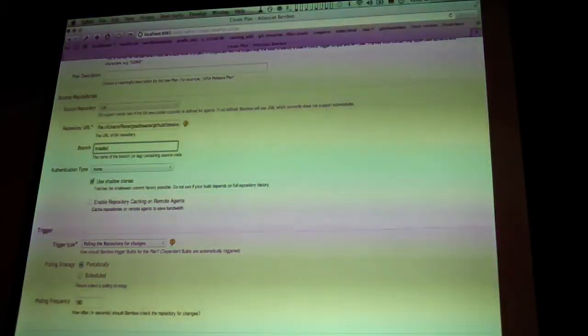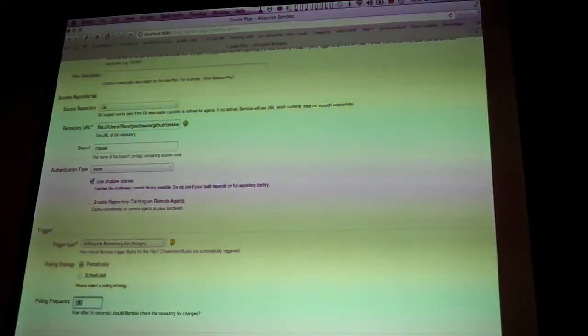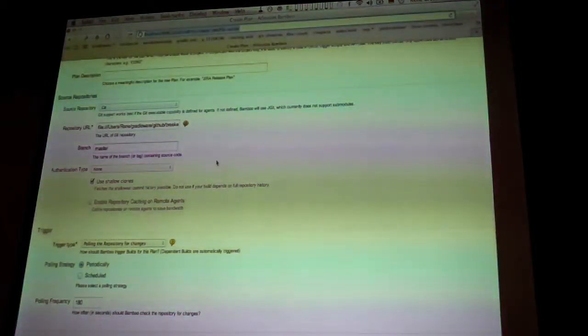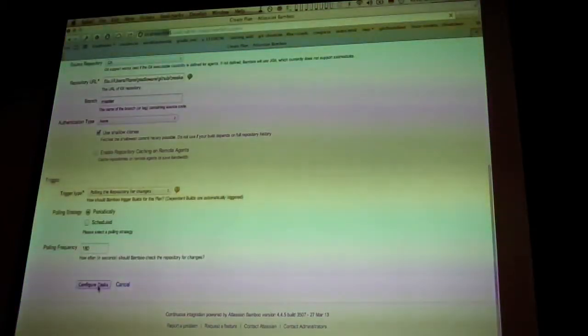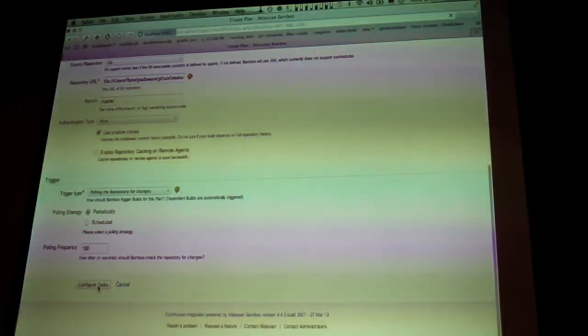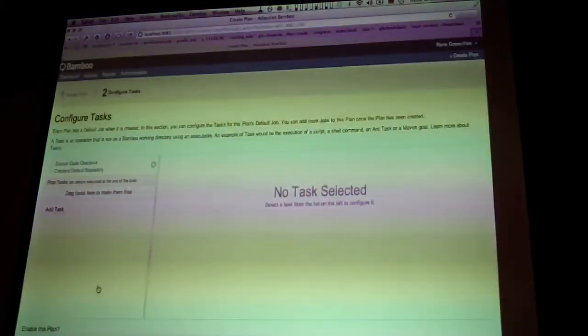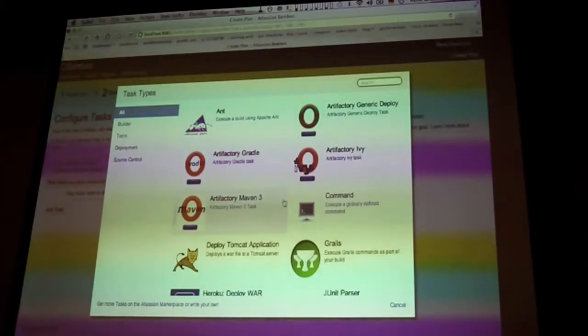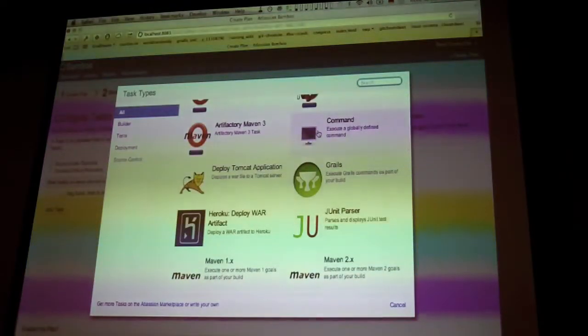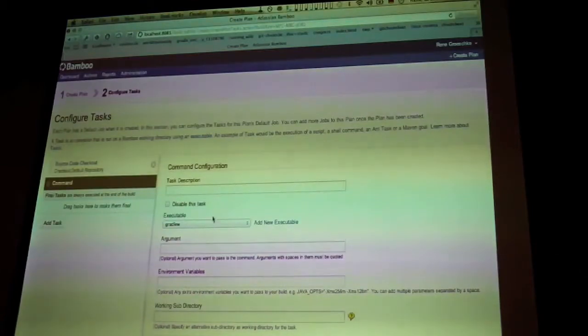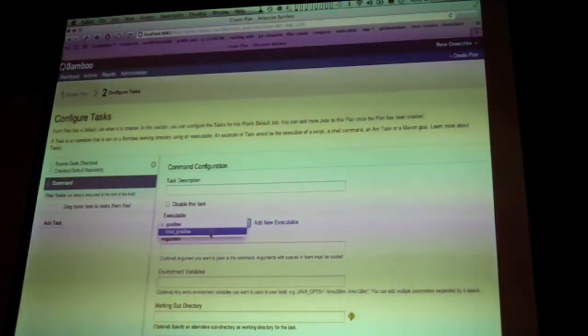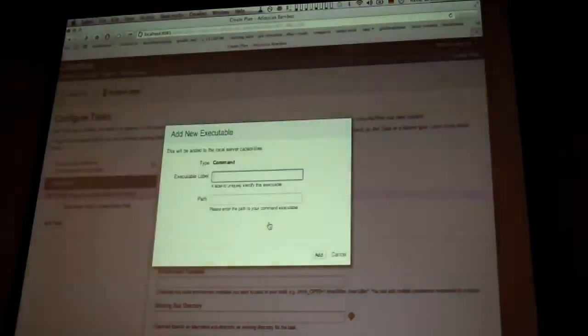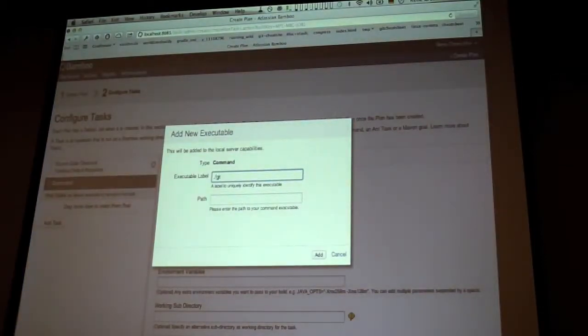Project in a Git repository, want to build a master branch. In Bamboo you add tasks. So what you can always do if you have a CI server which does not provide Gradle support out of the box, you can always invoke it as a bash, right? You can use the Gradle wrapper, for example. So I create a command here, name it